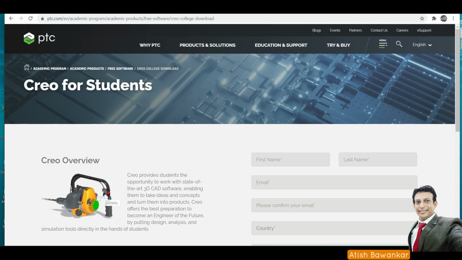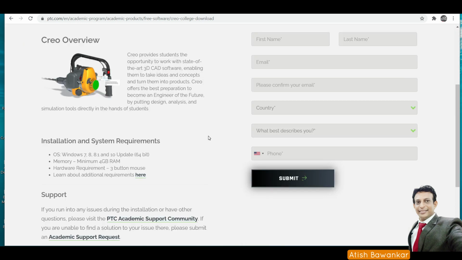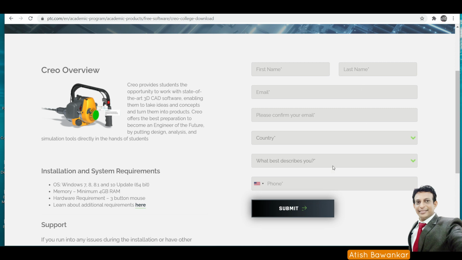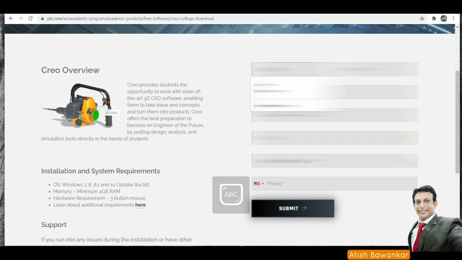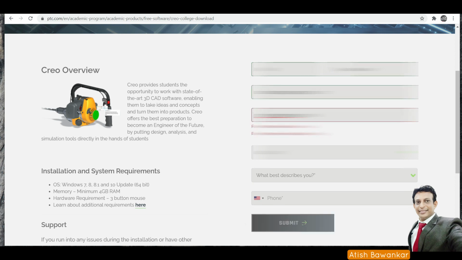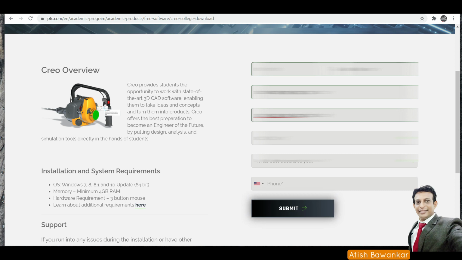Before proceeding ahead, just check the installation and system requirement. If your system matches with these configurations, then you can go ahead. So here you have to just fill in a little bit of information to proceed further. I used to fill my information. Select the country.